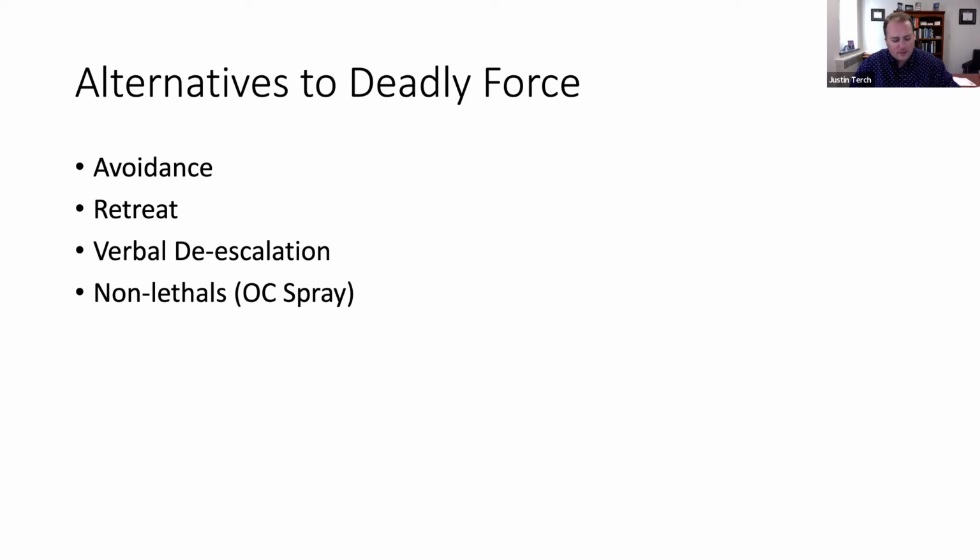Now, there is a little bit of a caveat to that for us. For the private citizen, avoidance is absolute. I mean, if you and your children and your spouse or whoever you're responsible for can get the heck out of there, 100% of the time, that's a good thing. For private detectives, less so, but for protective agents more so, there might be situations where the people you are responsible for are the general public.